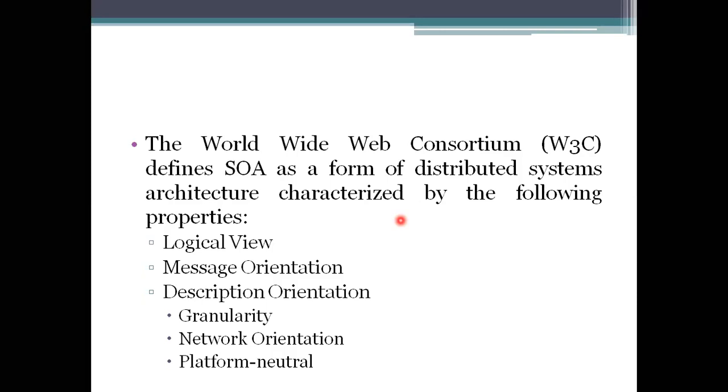I need to send the messages to these providers. Whenever we want to avail the service, we need to raise a request and pass it to the provider. How do these parties interact with each other? By message passing. The messages will be exchanged between the provider agents and the requesting agents. Coming to message orientation, we are dealing with message exchange here.